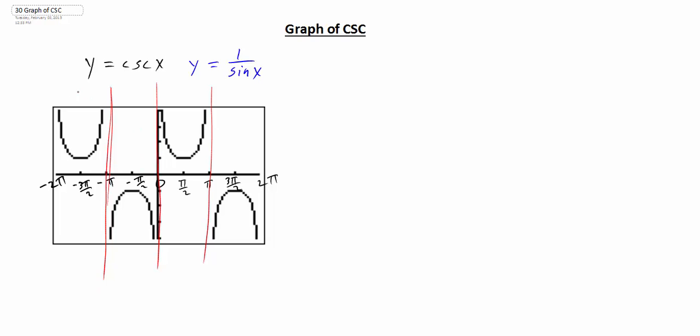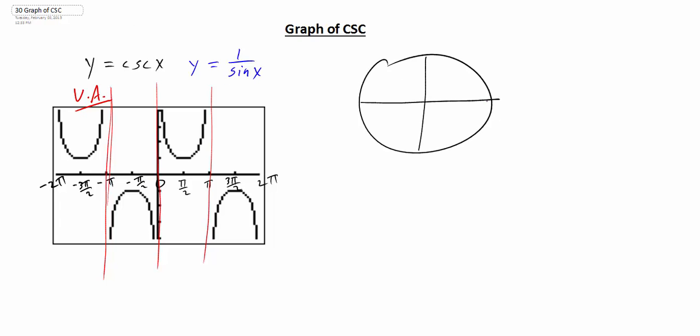And what we have here are vertical asymptotes that we talked about last semester in pre-calc 1. And the graph is splitting here. Now, why do we have a vertical asymptote? Well, if we think of our unit circle, then we know that if we go around and look at these key points, at 0 here we have 1, 0, top of the circle. If we go around from 0, pi over 2, pi, 3 pi over 2, and all the way back to 2 pi, if we look at our coordinates here,